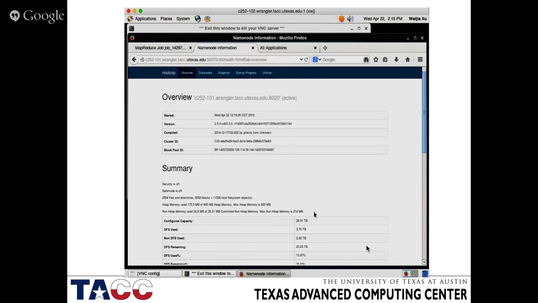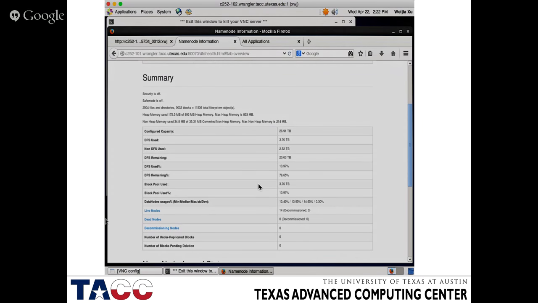One of the main features or needs you may have for accessing through the VNC session is being able to see graphic output, because all the compute nodes are behind a firewall from public access. So the only way you can access the web interface of the Hadoop clusters to do the management work is through the VNC sessions. Once inside the VNC session, it's basically like a remote desktop. So you can start a web browser, and you can specify your name node address, and there are 3 types of information you could see. Here is a name node page where it shows the overview of your Hadoop cluster, how many nodes are in there, how big the